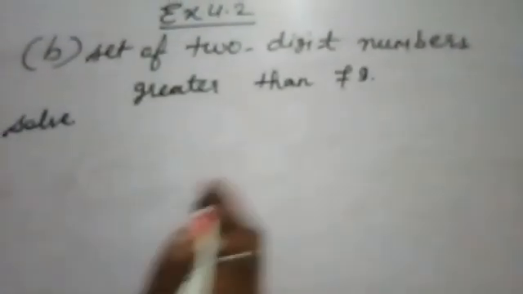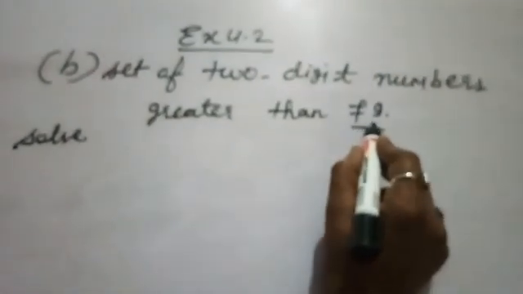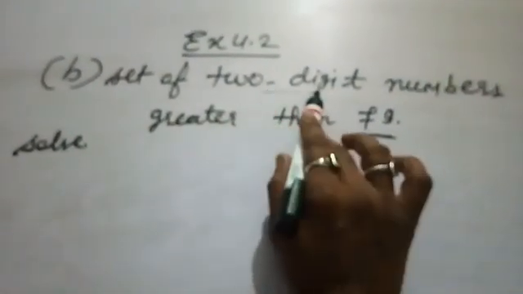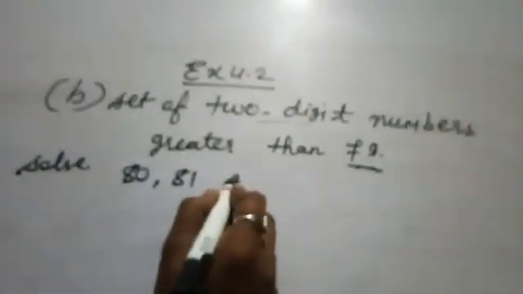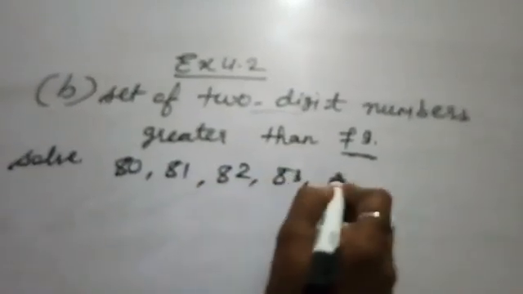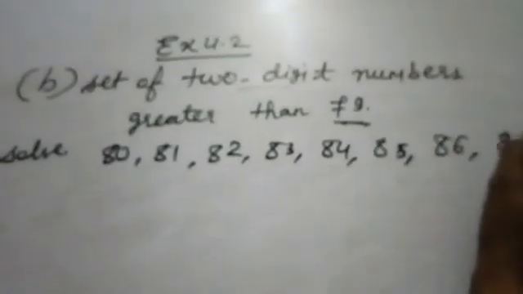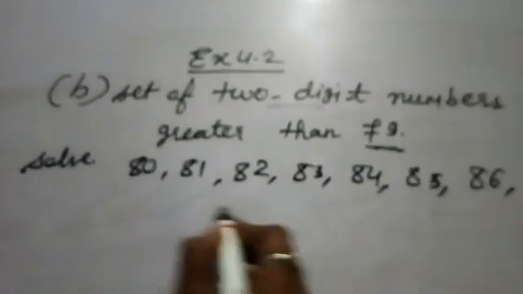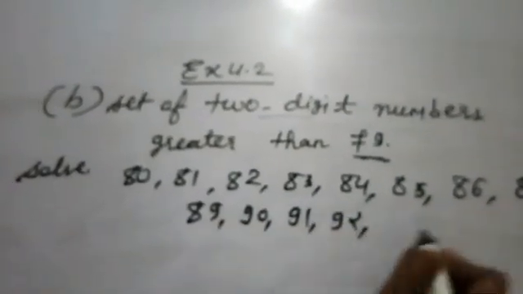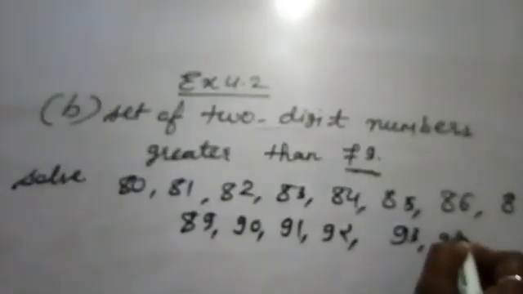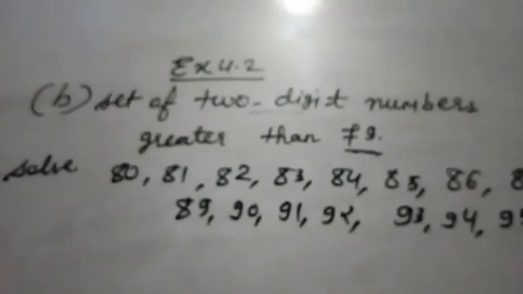So let's first find out the 2-digit numbers greater than 79: 80, 81, 82, 83, 84, 85, 86, 87, 88, 89, 90, 91, 92, 93, 94, 95, 96, 97, 98,